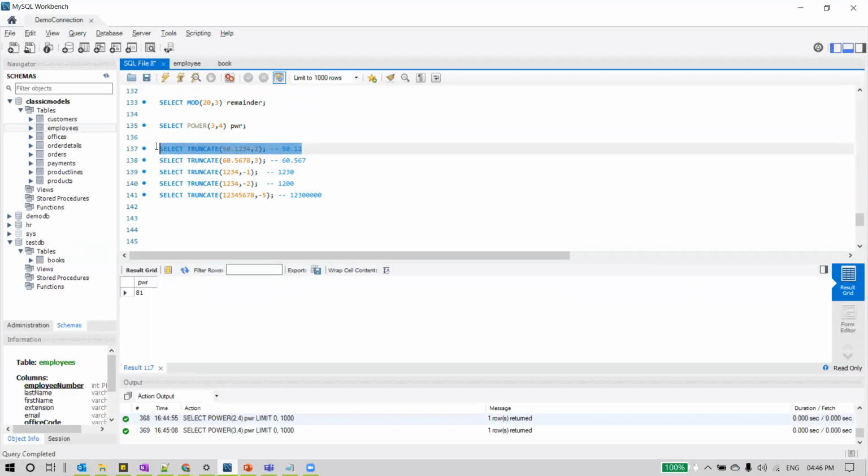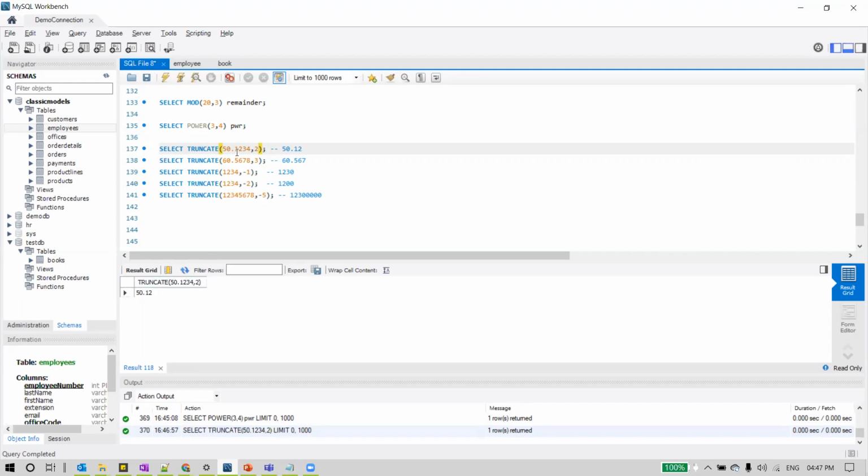So let us execute this. And you can clearly see it here. We have some decimal number, and in the second parameter we specified how many decimal points we wanted to be displayed. So the first two decimal points is what we wanted to display.